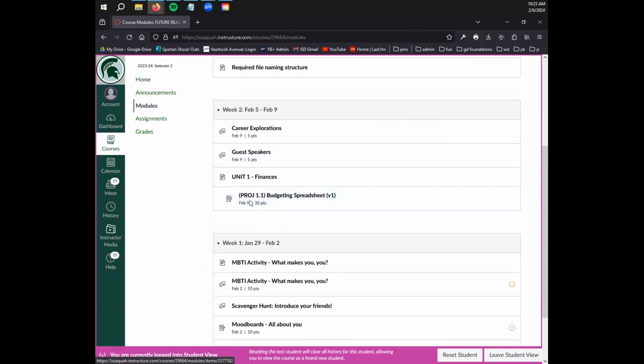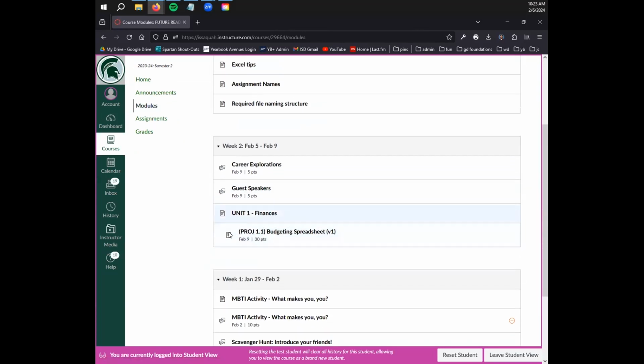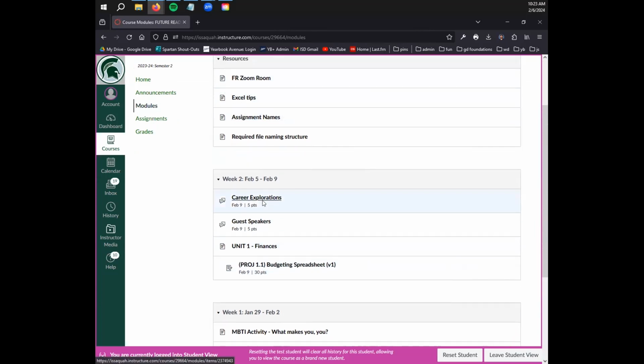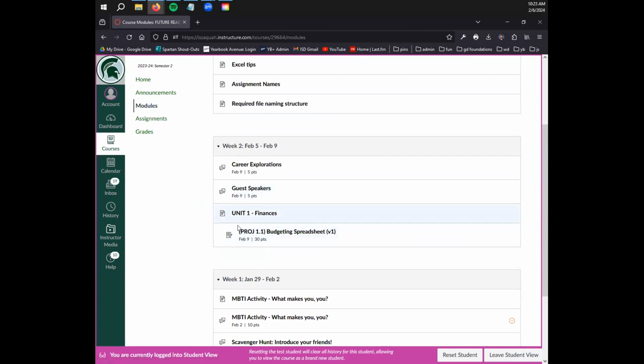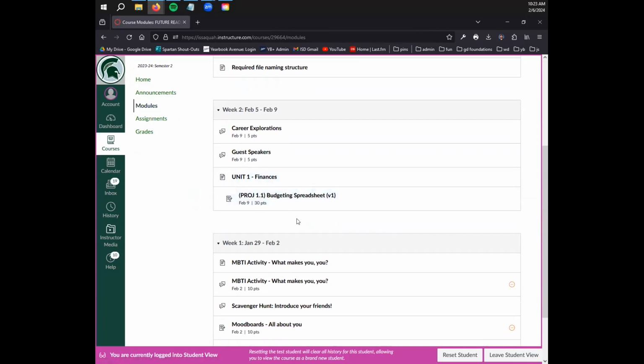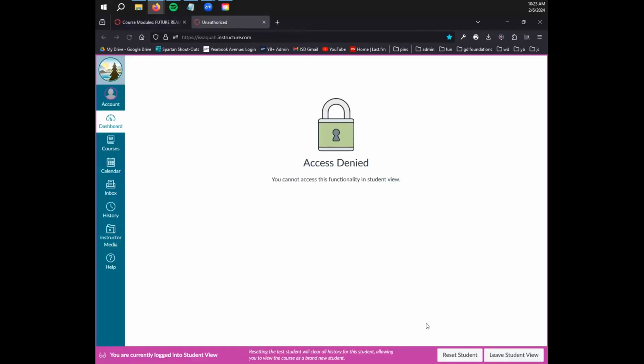Let's go to the modules and click on this Unit 1 Finances right here. The way that I set up my Canvas, you can tell that we go by week. Each unit is going to have some type of page explaining what the unit's about and kind of introducing you, or having some relevant links that don't go in resources. And then everything underneath that is going to be what's called nested in web design, kind of a staircase. That staircase is the order that you're going to follow,